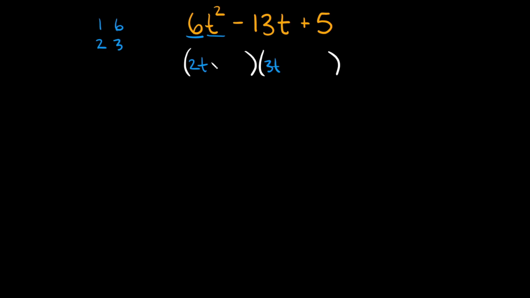Okay, and just to be clear, we can also mix those up. So if I wanted to, I could put the 3 here and the 2 there, okay? Or same thing with the 1 and the 6. I could put the 6 first and the 1 right there, okay? Okay, all 4 ways are completely fine. So in this case, let's try the 2 and the 3, okay? Let's just put a 2 here and 3 here. Okay, so we're not completely sure if these are the right numbers for our factored answer, but one thing we